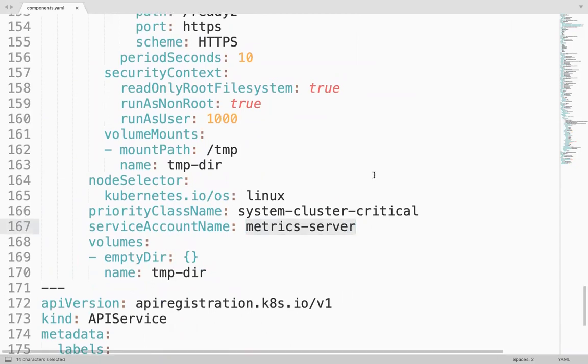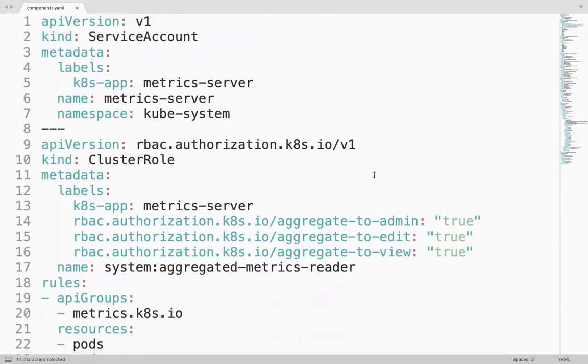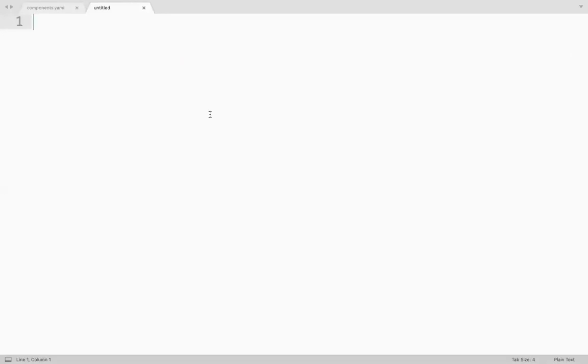So what is service account? Let me give it at high level. You are creating a role, we are creating a service account, and we are binding this role with this service account.